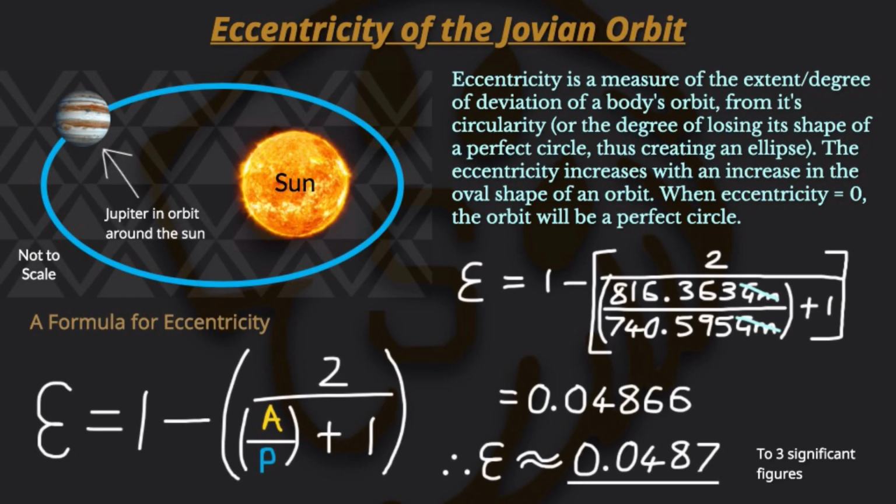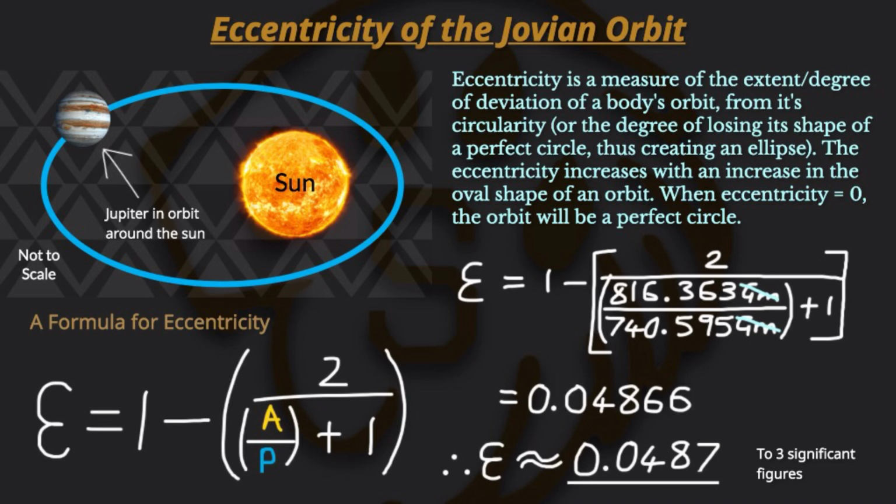Okay, so we'll start with the eccentricity of the Jovian orbit in this video, where we also get to celebrate the diversity of Shumbafoot content. Okay, so we know the formula of eccentricity. It's there with the epsilon shown there, and then that epsilon is equal to 1 minus that expression in the brackets there, and you see that the GM, capital letter G and small letter m, are cancelled in both cases there,